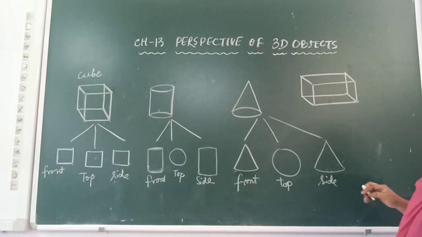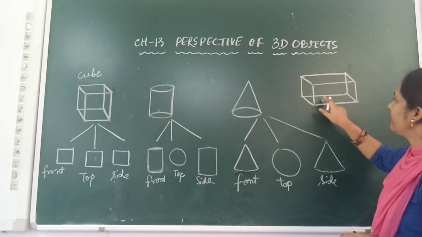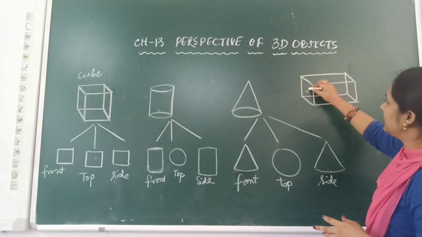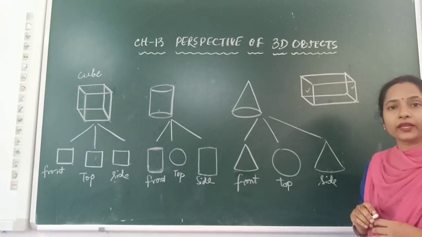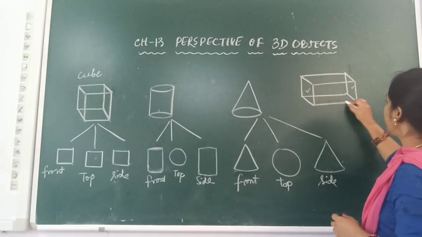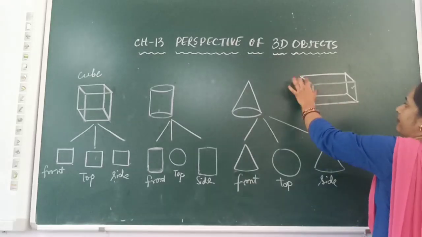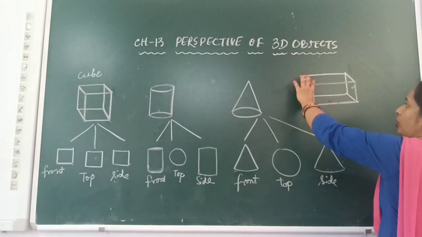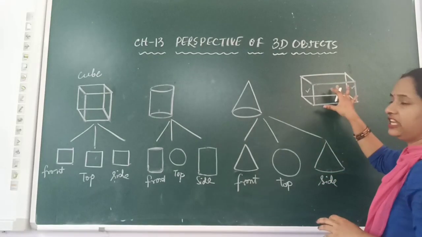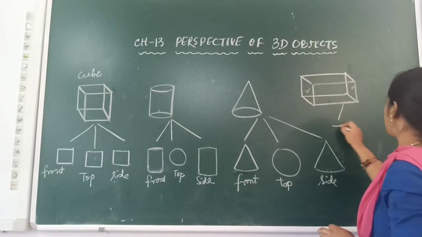So how will the views of a cuboid be? Just you see, there are some faces which are exactly rectangular in shape. So in the other two sides, these two faces you will get square faces, because we get four similar rectangular faces where the breadth of each face will be the same, so we get squares on these two sides. So now if you stand exactly in front, this face will be visible and it is rectangular in shape.